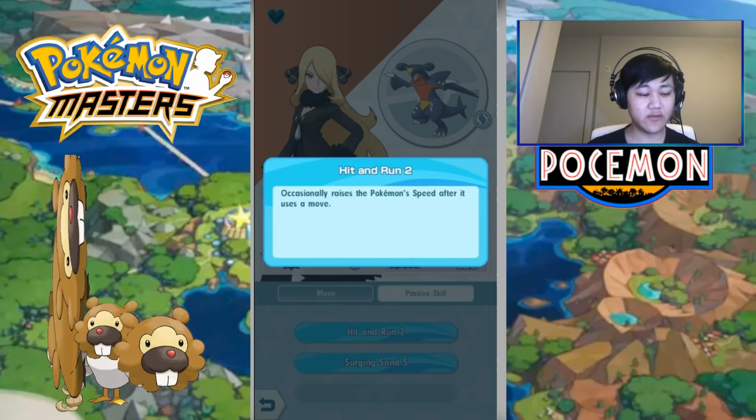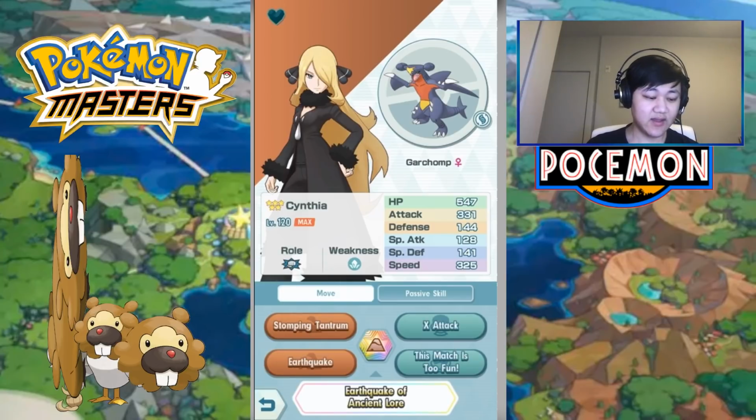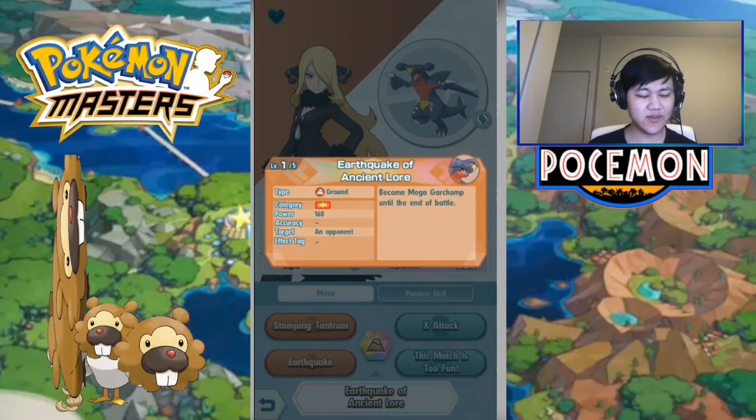Hidden Runner occasionally raises Pokemon speed after it uses a move. This is fantastic. Again, speed is just so much more important in co-op now, due to the recent co-op changes, the meta changes, right? And then Earthquake Ancient Lore, 160 power, but in most